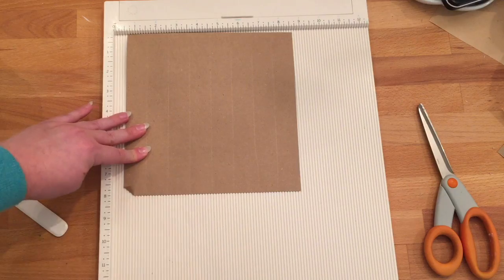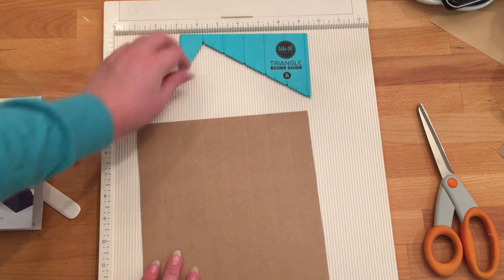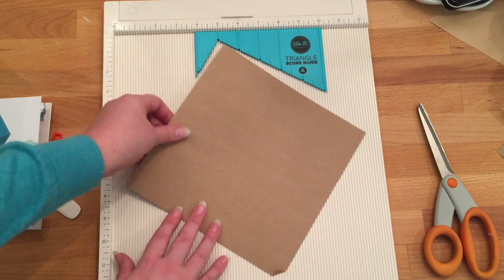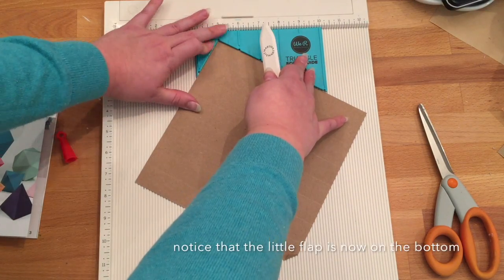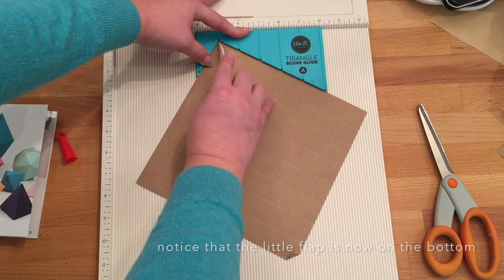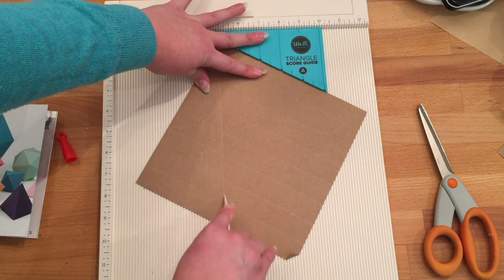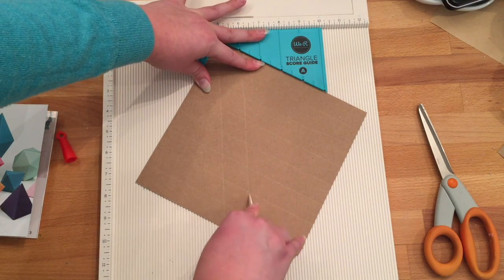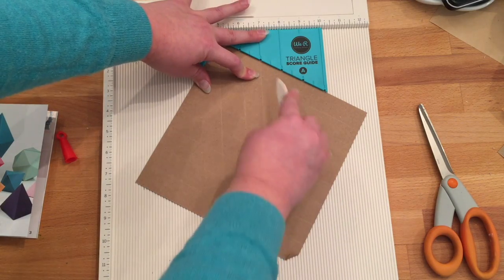This is the tip. See there, I have just folded up the bottom left corner. That's really important. That's going to help you know how to rotate. Then I'm taking the We Are Memory Keepers Triangle Score Guide. You put that onto your Martha Stewart score guide, and then you start to go ahead and score using the Triangle Score Guide. Now, depending which particular design you're using, the book will tell you where you need to score